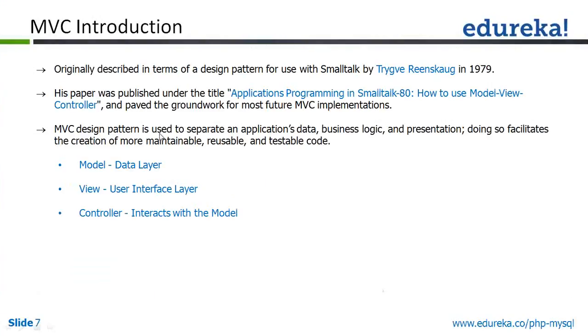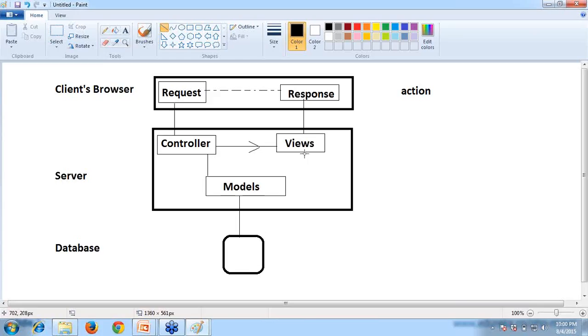MVC design pattern, so everything is separated. When you see this diagram, the view. I told you in my team I have got 3 members. Sunil is 1 member, Avanish is another member, Parul is another person. If I give the task of developing a view to Parul, she will develop that. If Avanish is developing the model, Avanish will develop. I can take care of the controller.